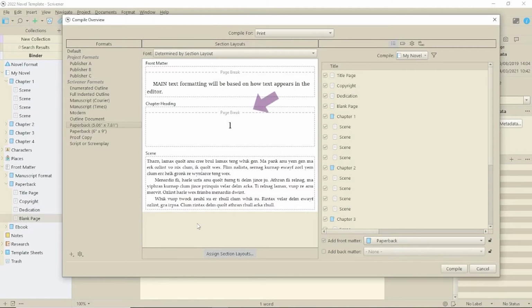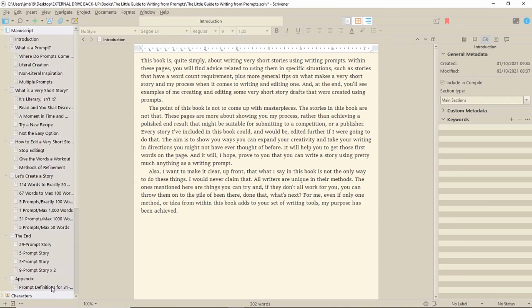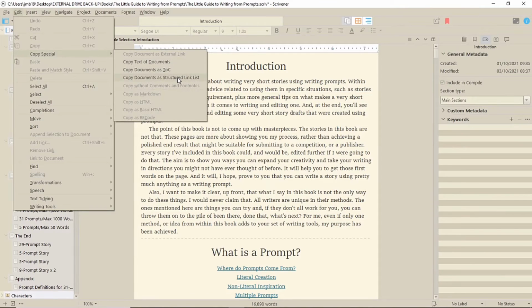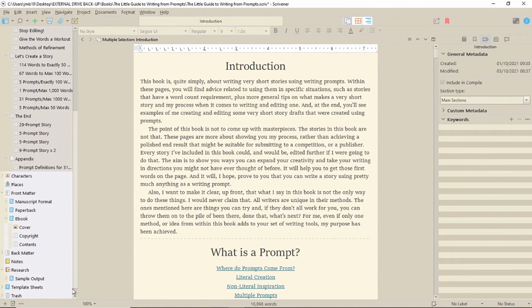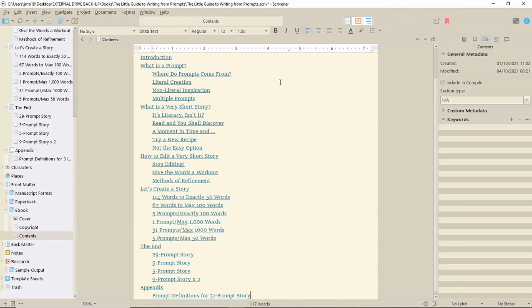These are based on page breaks in your document, so every time you have a page break set in your section layouts in Compile, you get a TOC entry. Custom TOCs are different. They allow you to create a TOC for everything you want listed without having to have page breaks. In other words, subsections of chapters.